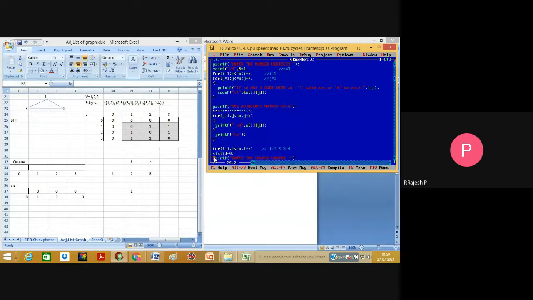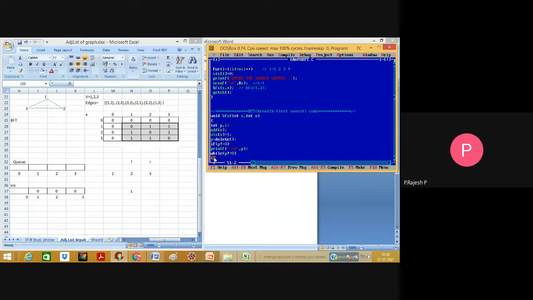The next one is for the visited array, a one-dimensional array in which I am going to place the values 0. For i equal to 1, is i less than or equal to 3? Yes, it is true. Then VIS of 1 is equal to 0.